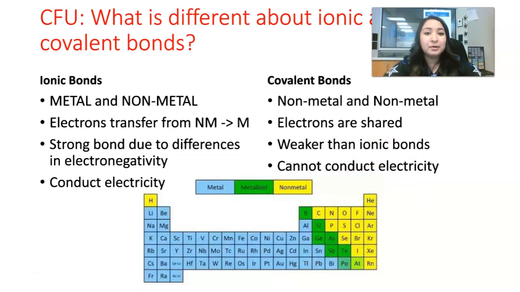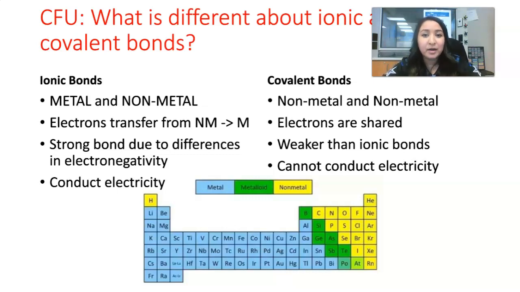With covalent compounds, their electrons are being shared. Think of the word covalent. Remember valence electrons? So valence electrons. Think of the word co-captain. When you have co-captains, they're sharing the power. Not one has more power than the other. So in covalent compounds, they're going to share the valence electrons. Know that they are weaker than the ionic bonds because they're sharing, and they cannot conduct